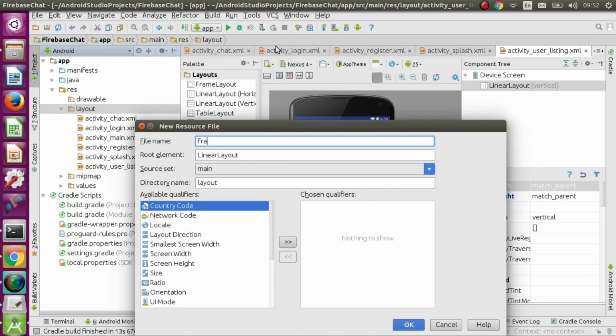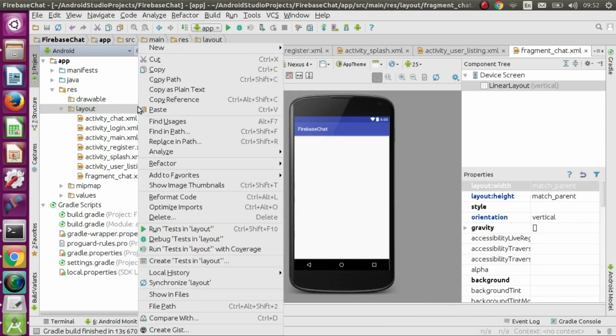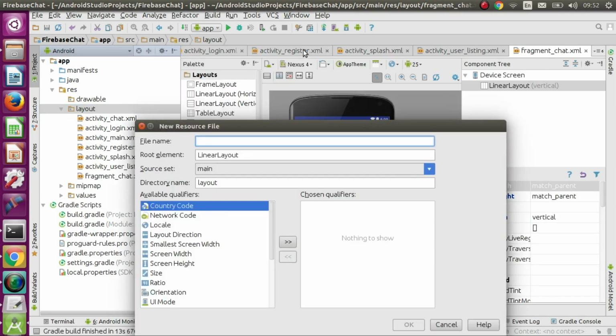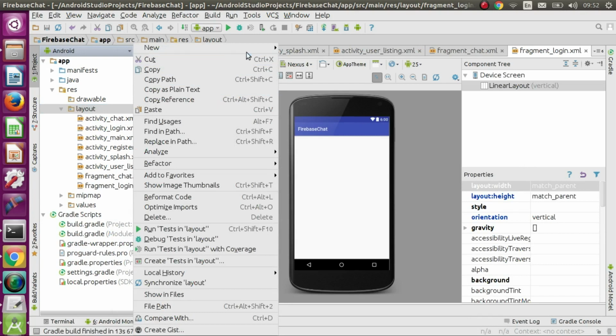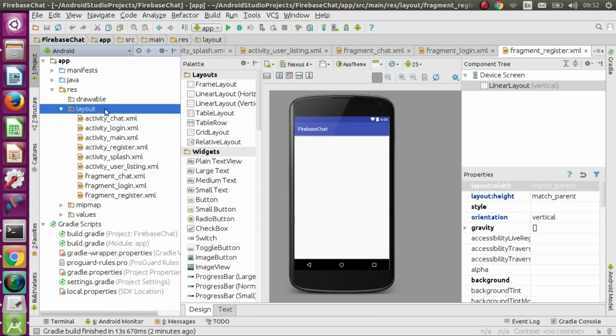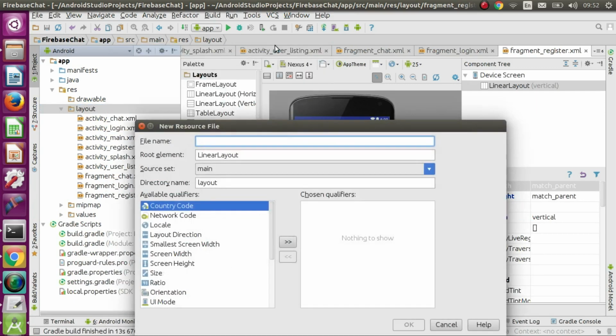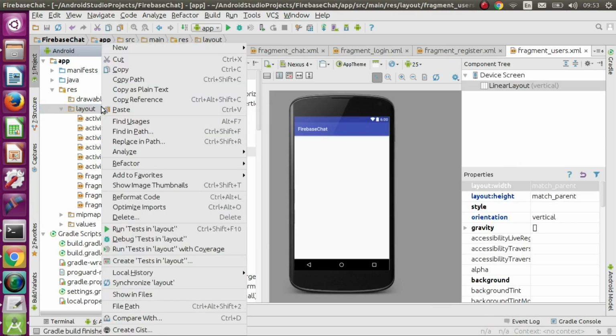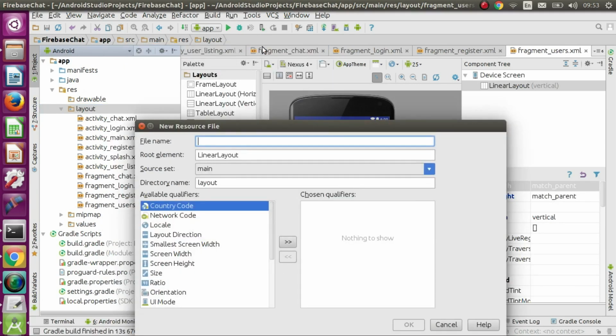So we're going to have some fragments: fragment chat, fragment login, fragment register, fragment users. Now the items: item all user listing,